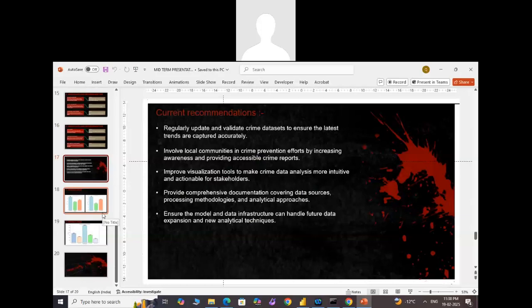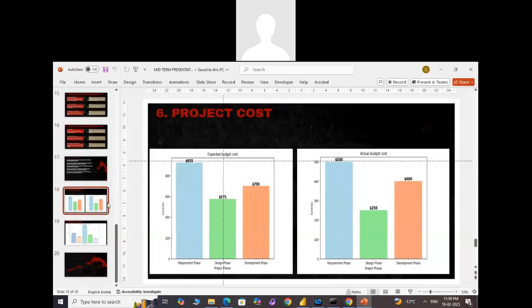Thank you. So hello, it's Varun here, and now let's discuss the financial aspect of our criminal violation analytics project. This section covers the estimated costs associated with data acquisition, software tools, infrastructure, and development. Proper budgeting is crucial to ensure that our project remains feasible and delivers high quality results within a given budget.